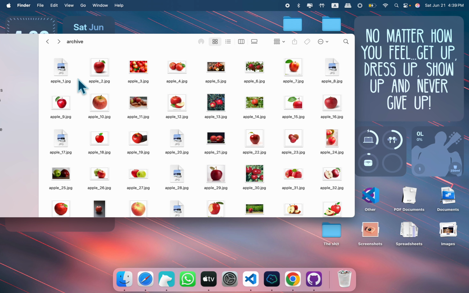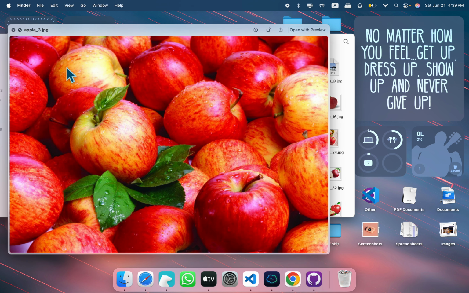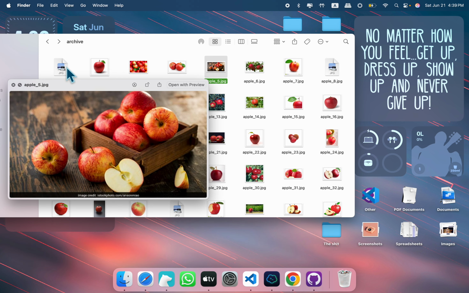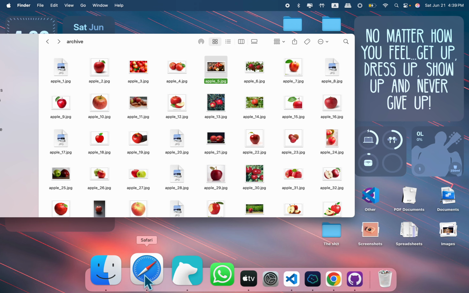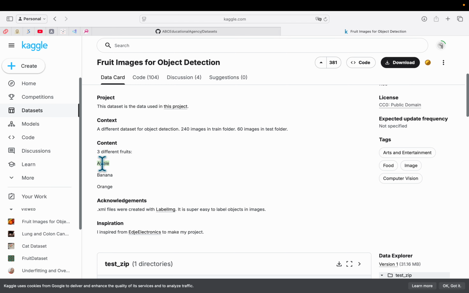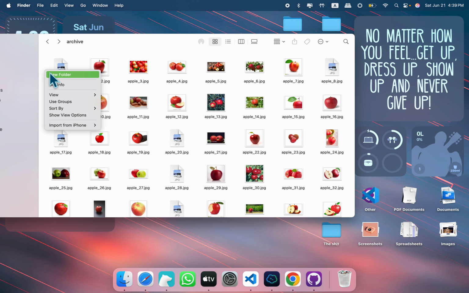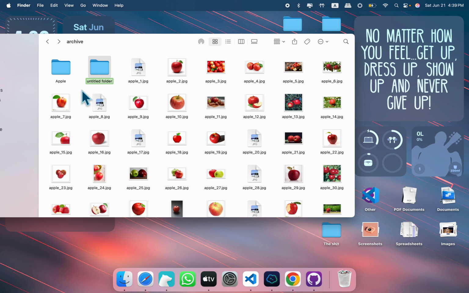The next step is to check if all of this data is clean. When you are performing data cleaning, you're supposed to check if every image is okay. So technically, you should go through every single image and confirm it is an apple, or it is a banana, or it is an orange. The easiest way is to find the image and then drop it into its corresponding folder. Because we know that in Kaggle, it told us that there are 3 different fruits, apple, banana, and orange, I'll create 3 new folders, apple, banana,